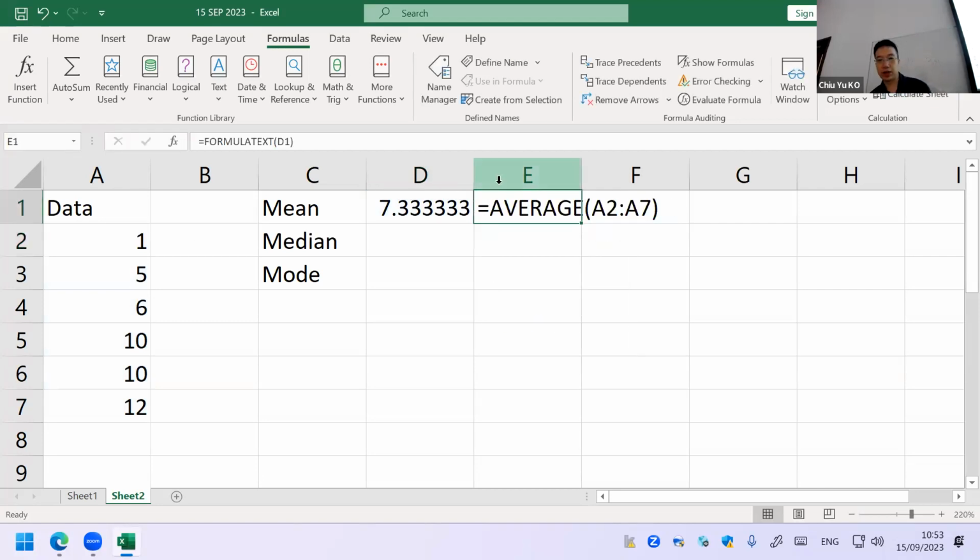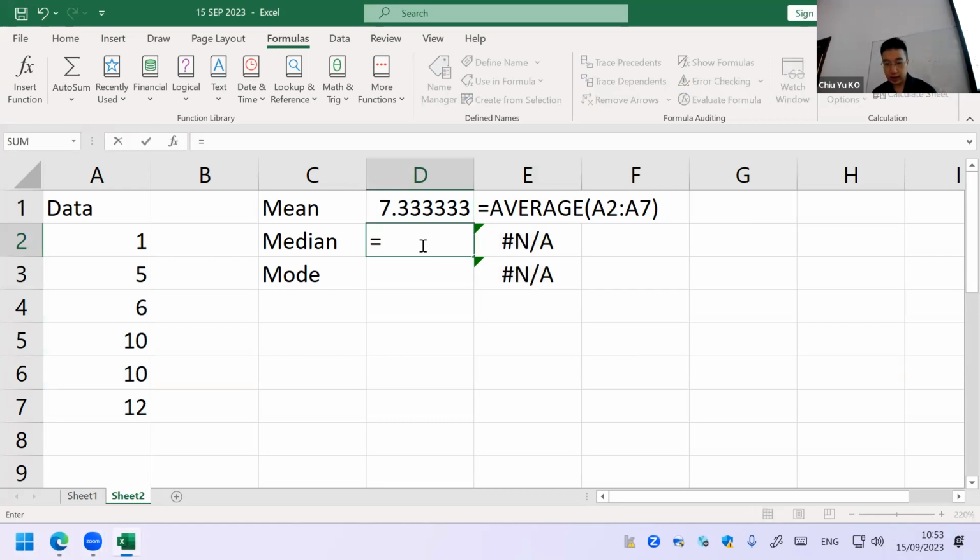So that is what I'm working in, okay? This is average. The next thing I want to show is median and mode. That should not be too difficult. Median is just median. Okay, median. Now, instead of typing,